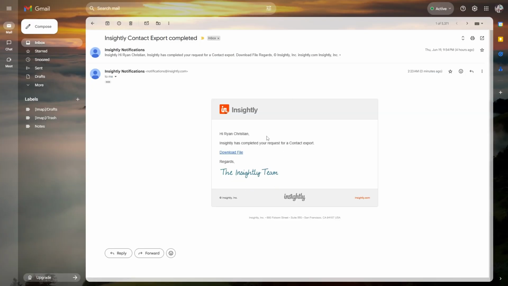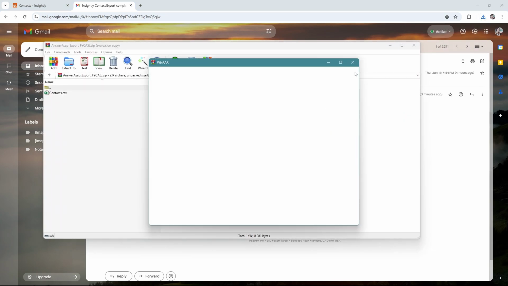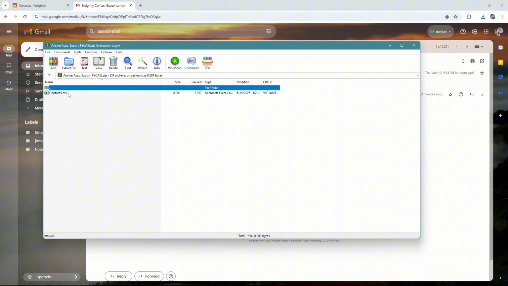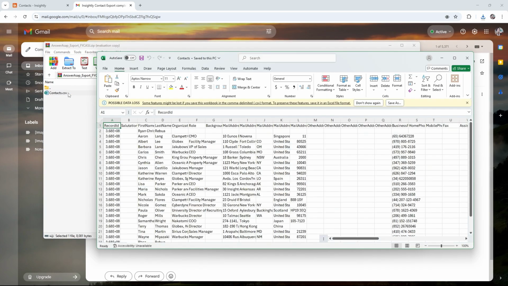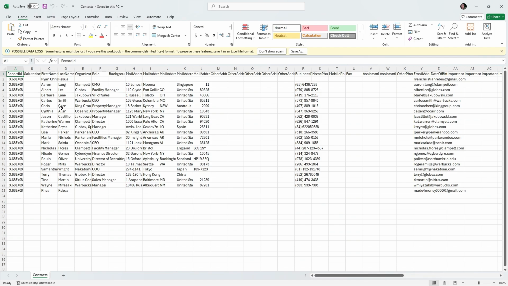Now you should receive the same exact email. Okay, just go ahead and click on download file, wait for it to finish, and in here is your downloaded or exported contacts. I'm going to double click on it just for you to see. I'm going to maximize this one like so, and as you can see here, all of your contacts will be listed in